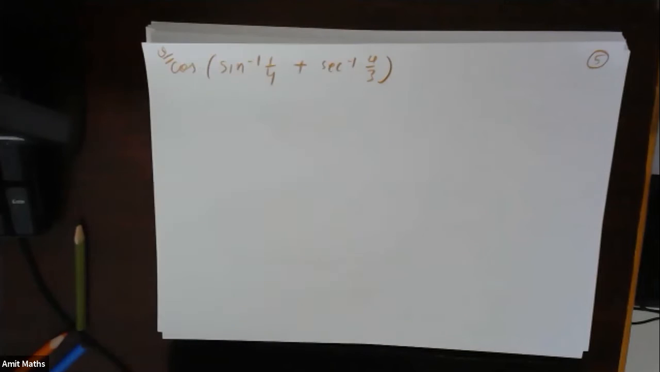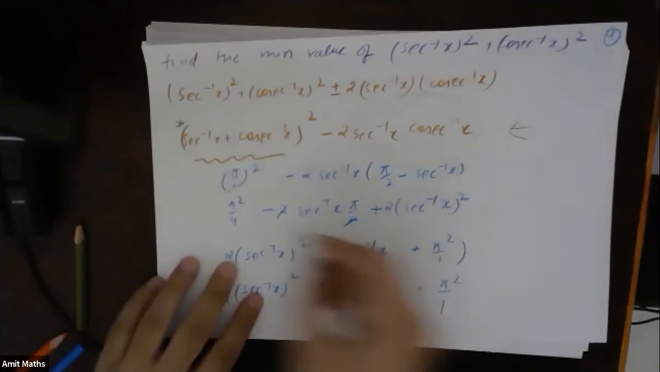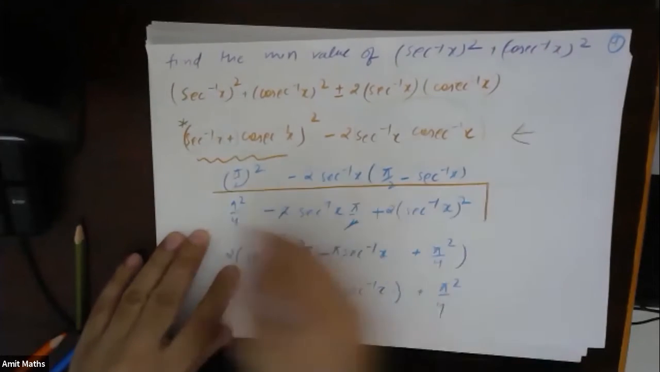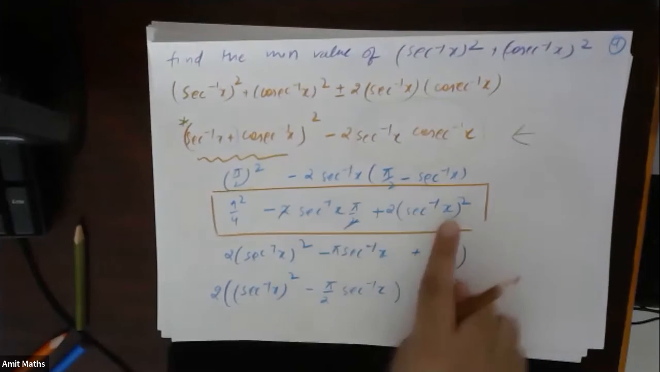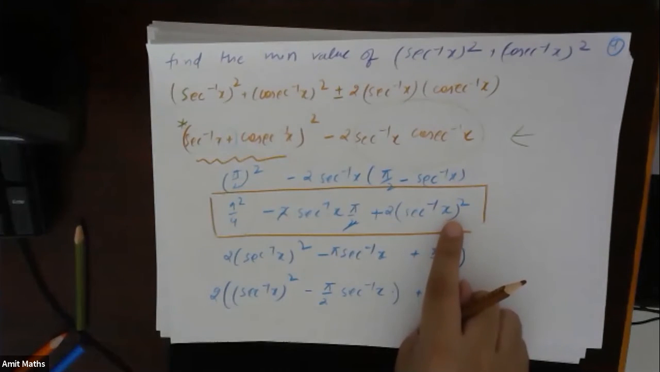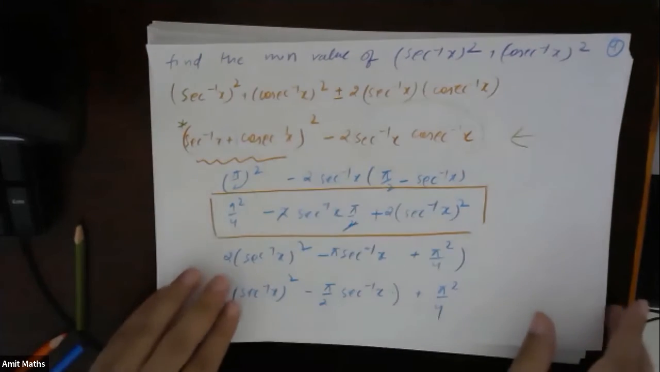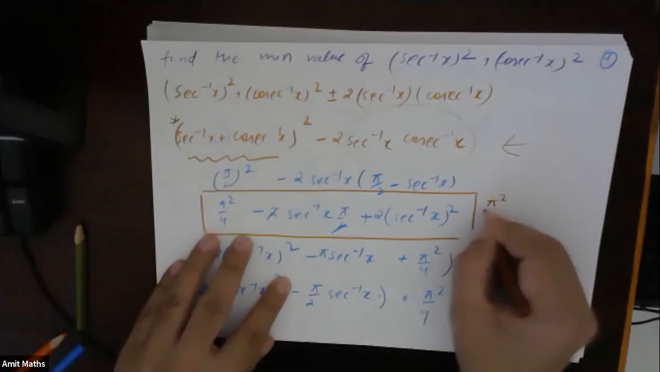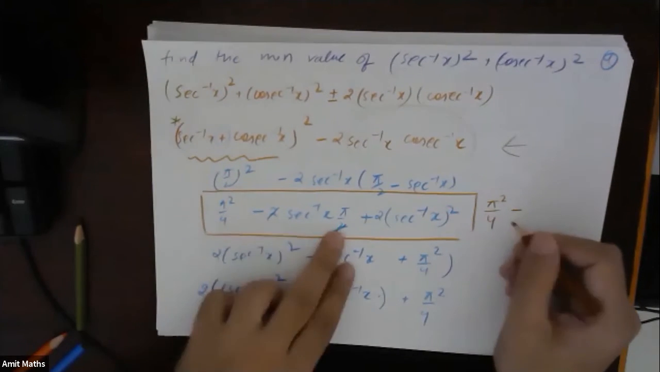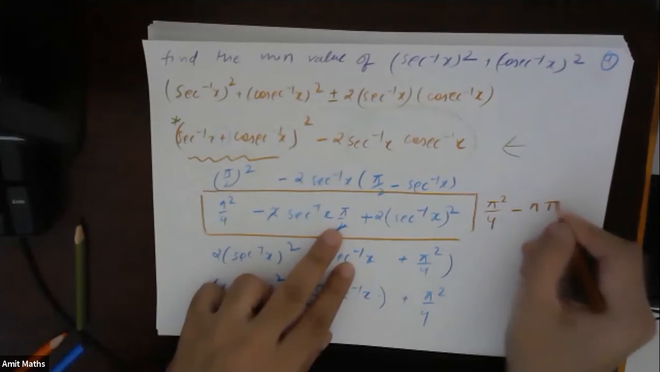Yeah, see, one more thing. This is the second time somebody has asked. Let's see. Somebody is saying that, sir, in this step, what we can do, we can take sec inverse of x as suppose t. Suppose if you take t, so let's write this in the step as pi square by 4 minus pi t